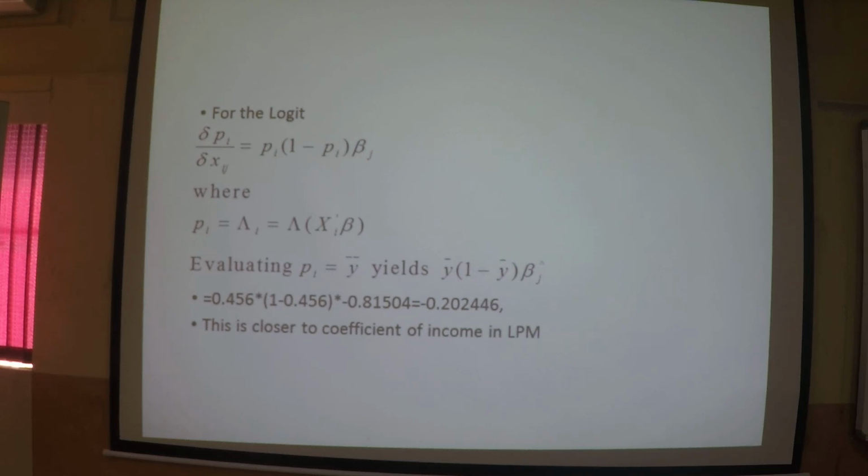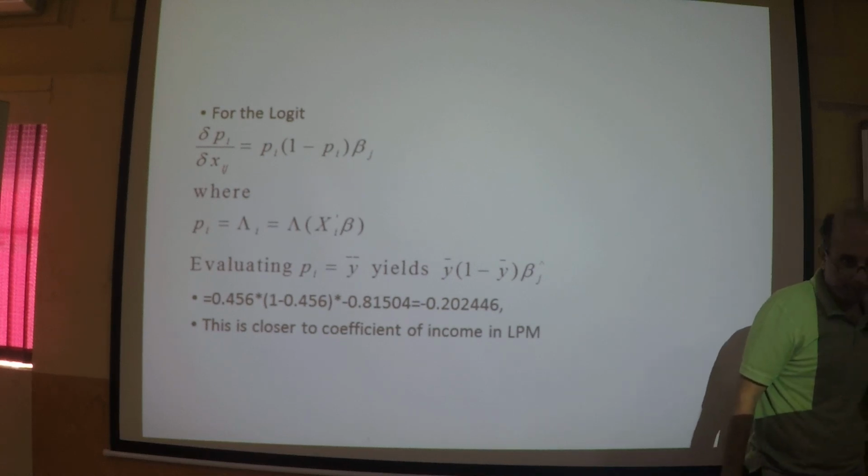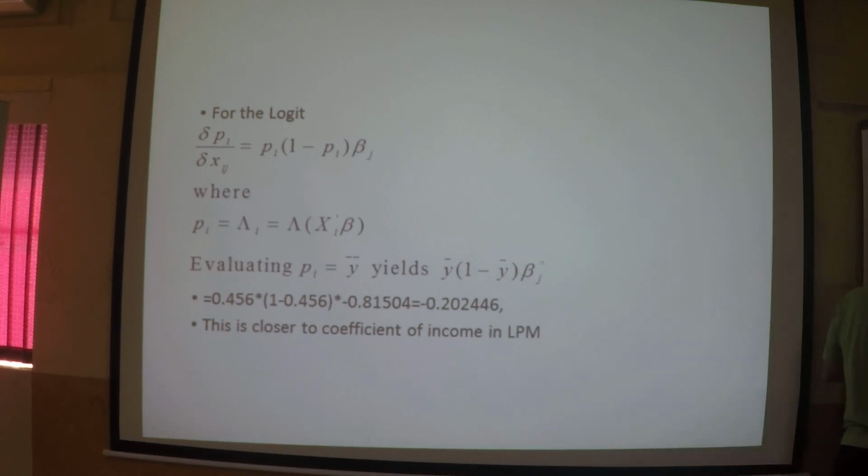Wait, this is a definition of P i, right? So what is P i here? For the logit, P i is e raised to x dash beta upon 1 plus e raised to x dash beta. Or you can write P i upon 1 minus P i is e raised to x i dash beta. Now if you differentiate this with respect to beta, what will you